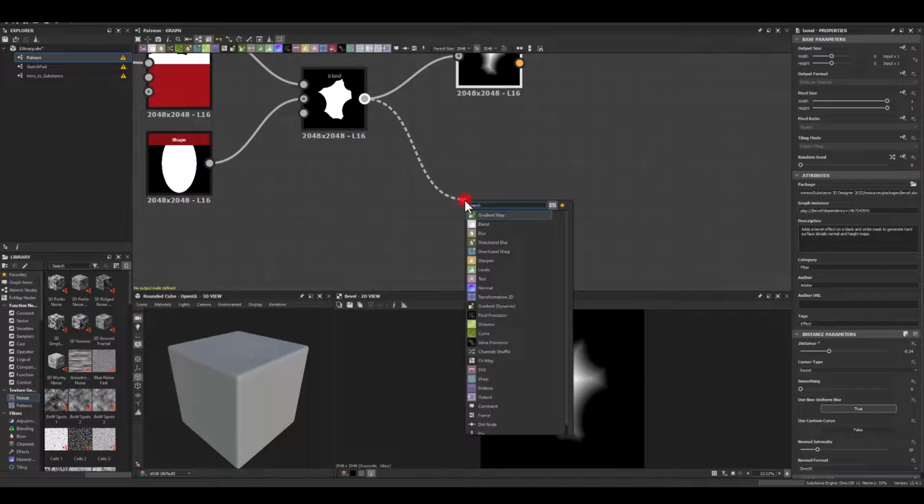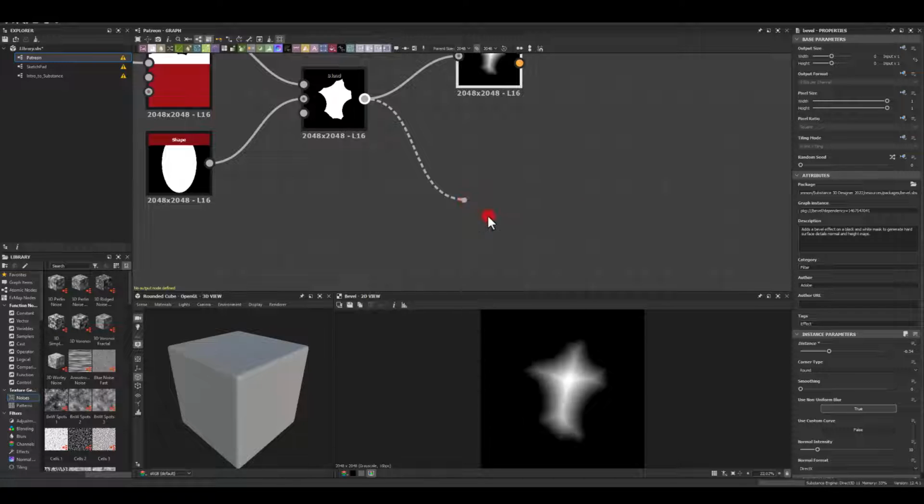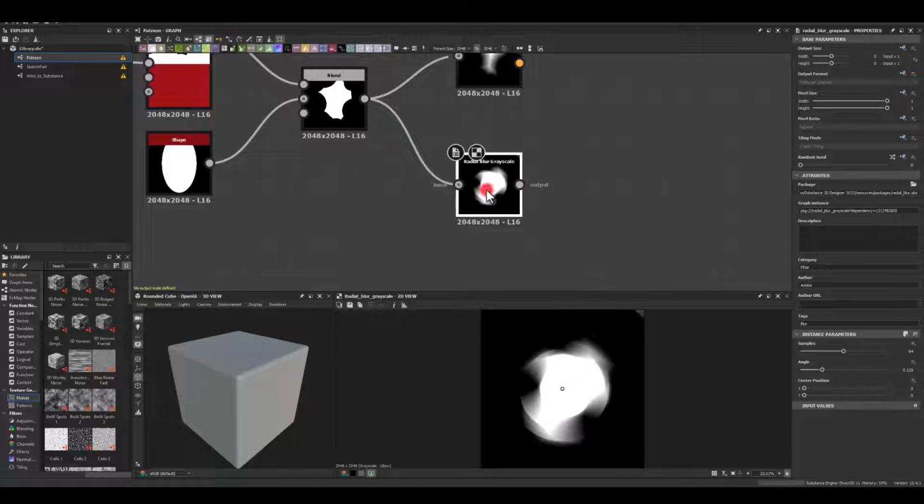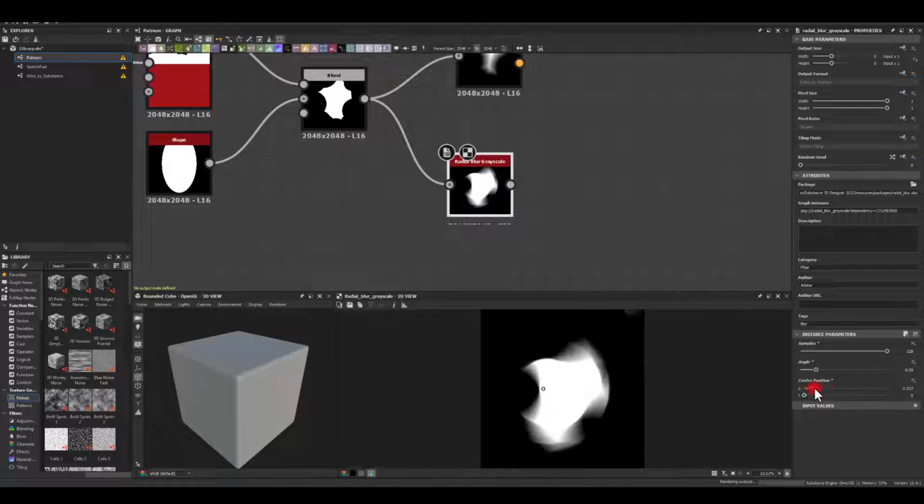And also I want to try a radial blur grayscale. I'm going to play with the definitely with the samples. I'm going to increase the samples to maximum. For the angle, I'm going to keep the low value, maybe something like 0.09. However, I want to play with the center position,